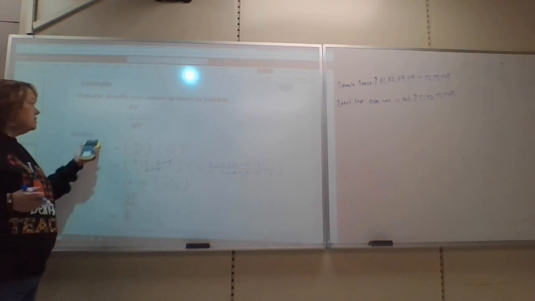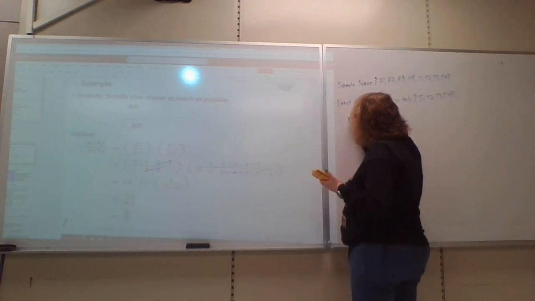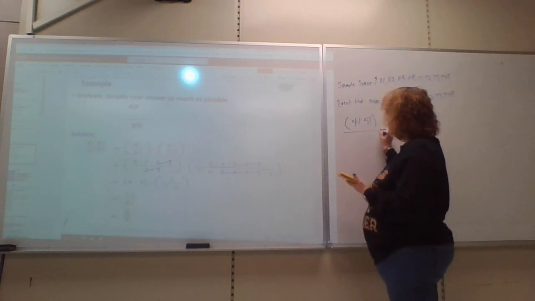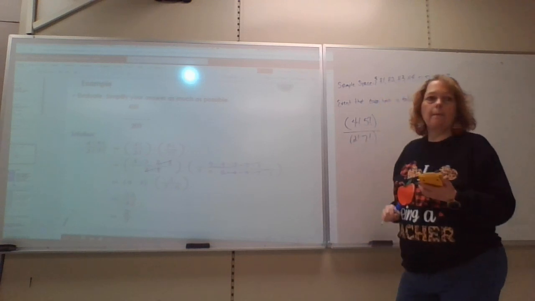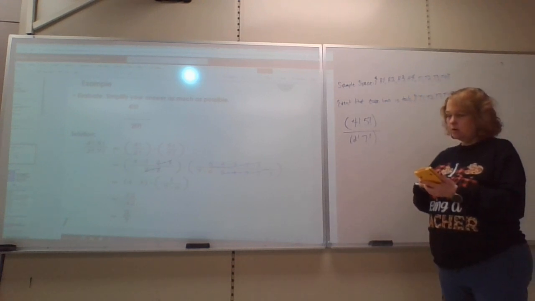So if I was to write this right here on my calculator, I would probably put 4 factorial, 5 factorial, parentheses, divide by 2 factorial, 7 factorial. Okay, so I put a parentheses, a 2, and this